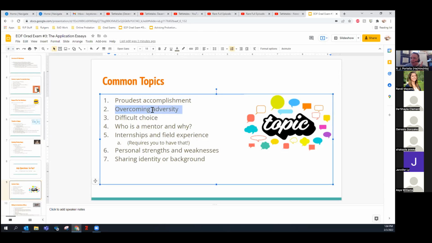Now, you've got to be careful about number 2, overcoming some kind of adversity. Every one of us has overcome some adversity in our lives, but you want to be careful that the essay doesn't take on a tragic feel where the entire essay is about all of the pain and suffering you went through. You want to come at it from a lens of where's the hope, right? Where's the hope of the situation and what did you learn from the situation?